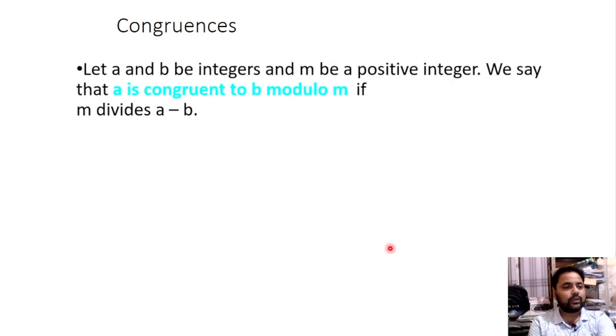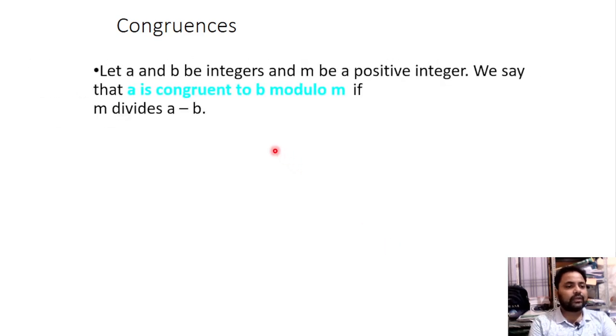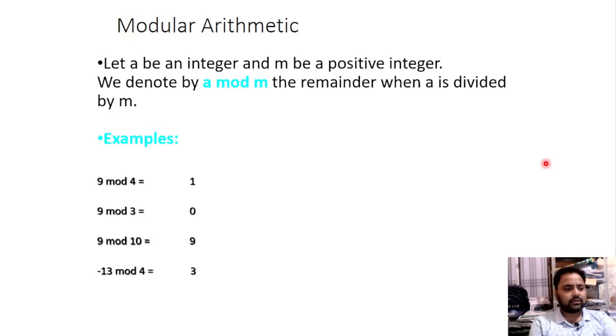For the congruences, this is also a very important term. Let a and b be integers and m be a positive integer. We say that a is congruent to b modulo m. This is not different from the previous page. You can see here we are simply using the congruence by relating it to the division relation, like